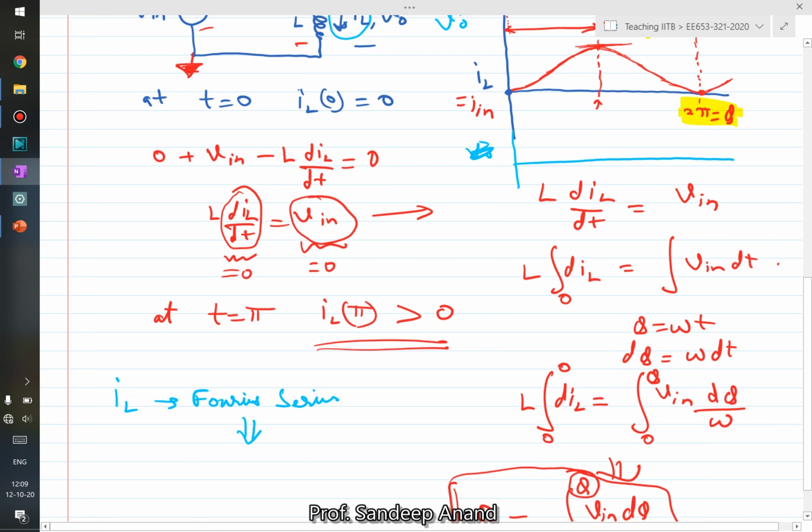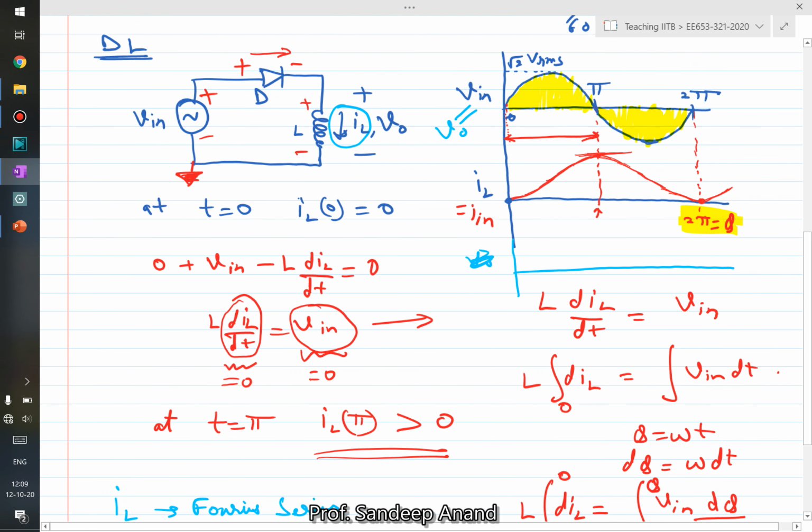then you would realize that it has a DC component, an average value, plus, let's say if the source is 50 Hertz, it also has a 50 Hertz component in it. So it is a DC value and it also has a 50 Hertz component. You can in a way say that this is still acting as a rectifier circuit because your output current is DC and not AC. But the output voltage is still perfectly AC. The average value of the output voltage is 0, but the average value of the output current is not 0. So you get a DC output current.